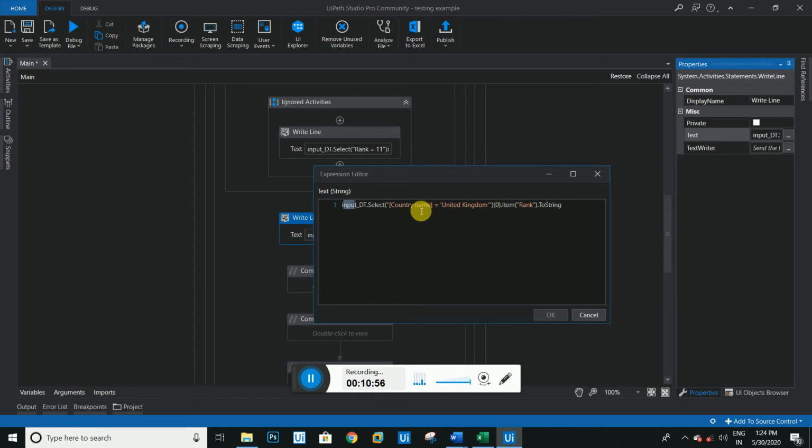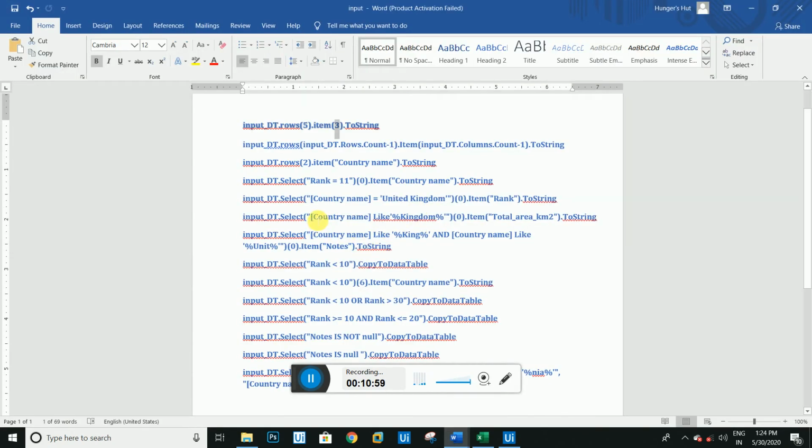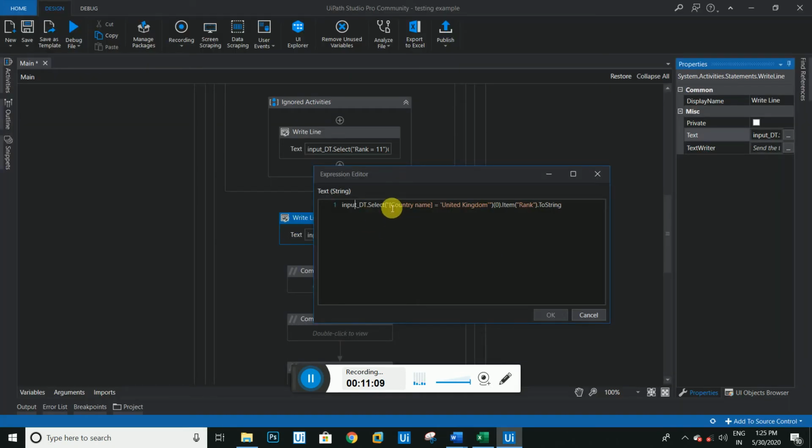You have to pass this value in a parenthesis, like this, in a square bracket. This square bracket is treated as a column. As we show here, we are selecting the country name equal to the United States. The value you have to pass in single quotes, and your complete syntax should be quoted like this. So this is the complete syntax for getting the records from the United States, and then we have to pass this value in rank, and we have item dot rank here.